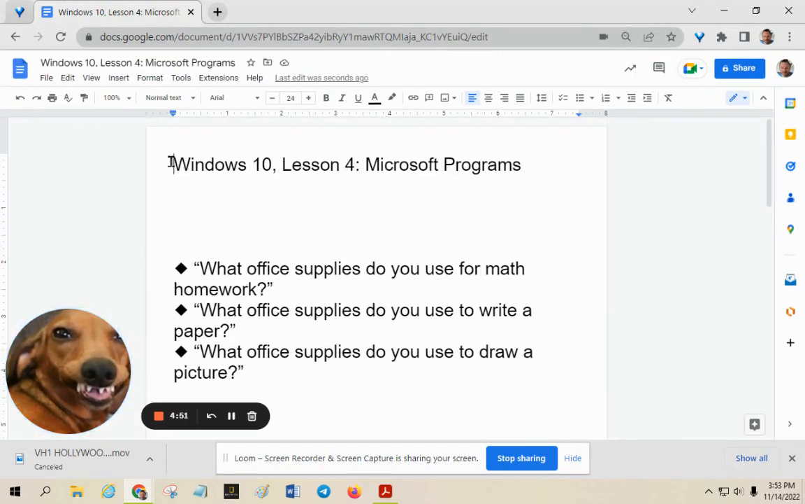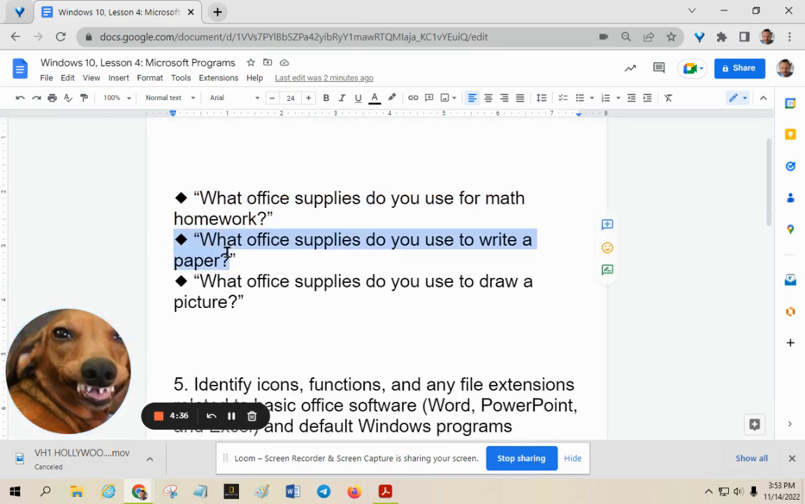Today we're going to look at Microsoft programs, and I have a question for you. Think about this. What office supplies do you use for math homework? What office supplies do you use to write a paper? And finally, what office supplies do you use to draw a picture? So think about that. The office supplies are very similar to the supplies you have on your computer, known as